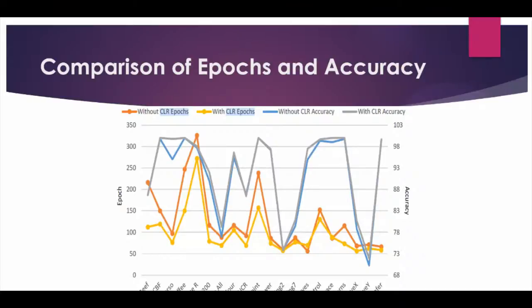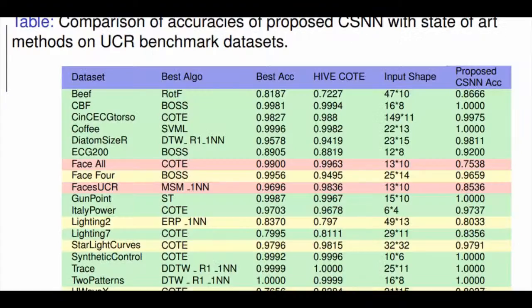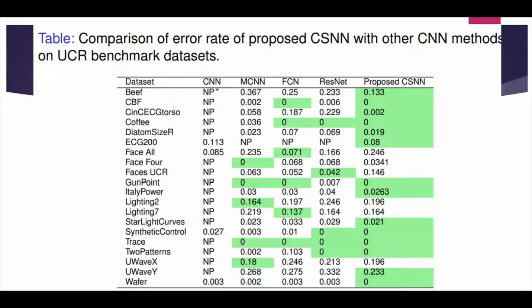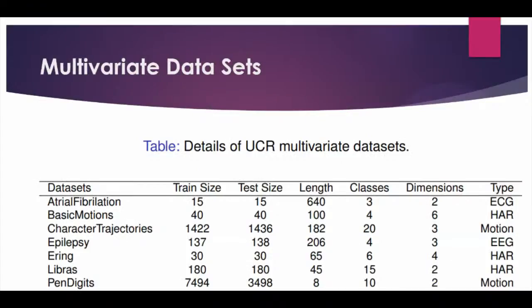Okay, and you see that in almost all the cases except these, Face All and Faces UCR data, we are getting the best result as compared to all other existing best benchmark algorithms on the data sets. So for these two data sets there is still scope. Some of you can work on these data sets. Okay, these are some of the comparisons. Then we have compared with the multivariate data sets. The multivariate time series data sets are also available on UCR. And we have found that in multiple cases we are getting very good results. In some of the cases, other algorithms are getting good results.